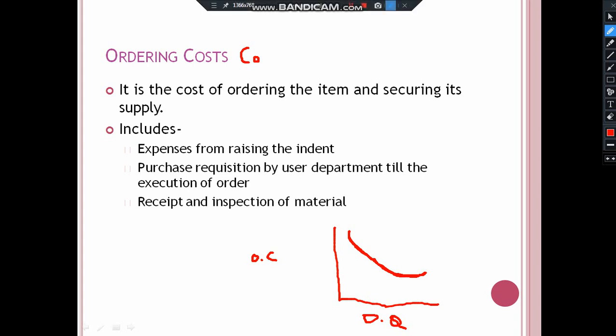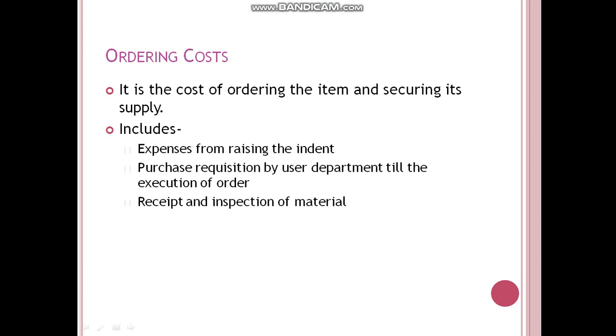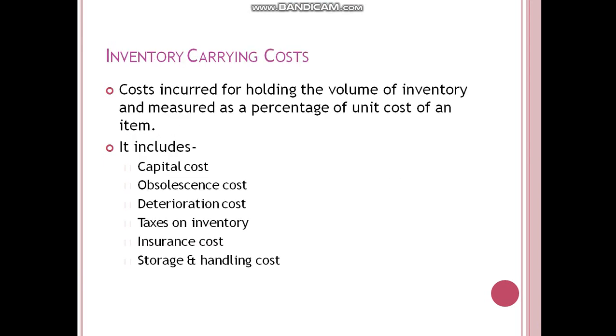Now let us see what is the other cost associated with inventory. The other is carrying cost, or it is also known as holding cost. Now suppose you have these inventory in your factory, the raw inventory, semi-finished goods, your finished goods, and the spare parts or tools. You need some space to keep these inventory. So definitely the space in which you are keeping these inventory, either you are paying rent for that space or you have completely purchased that land. So that money will go under inventory carrying cost.